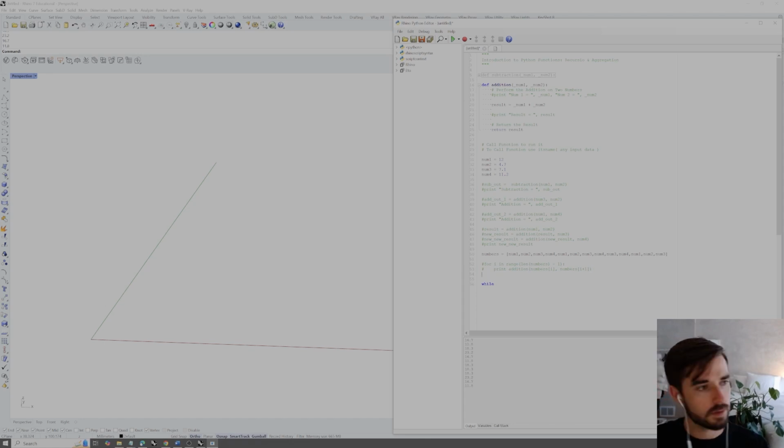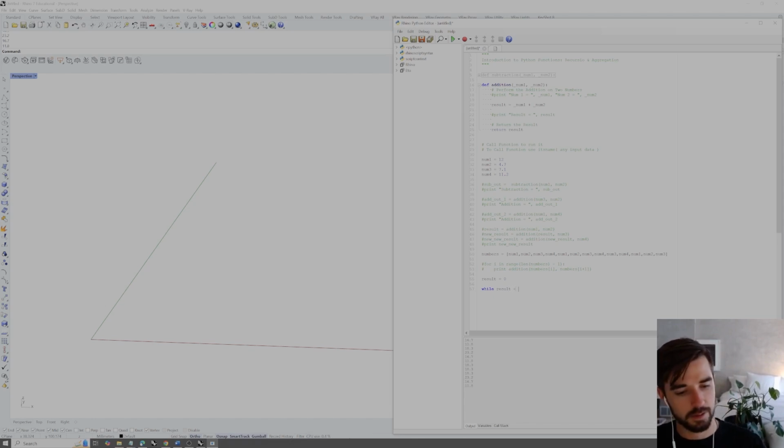So if we wanted to do that, what we would need is to say result equals, and we can start with our result variable just equal to 0, because we're going to step through adding all of the numbers in this list. So while result